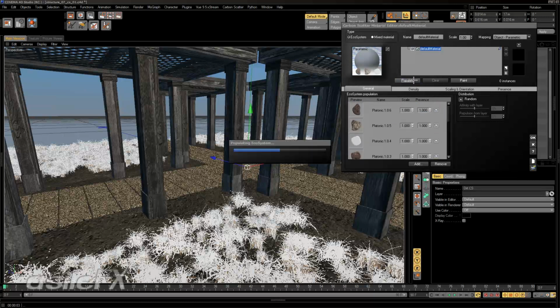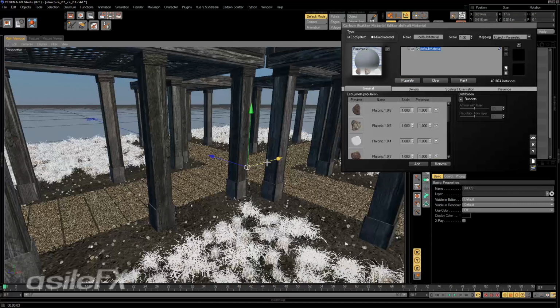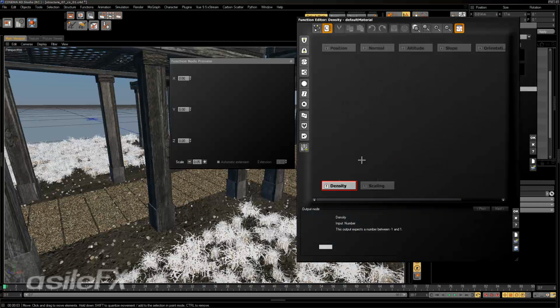If I go ahead and populate this now, it's probably going to create a really large ecosystem because the scale is pretty small. So it could take a little while to complete. Adding in the extra density map to cut things out will probably or hopefully speed it up. But it may also give a warning saying it's too many instances. We'll go ahead and wait and see. Okay, and it's created 401,000 instances,